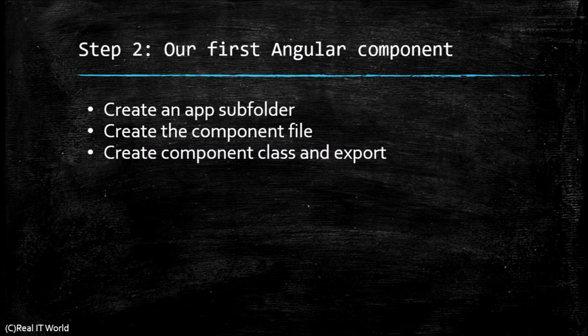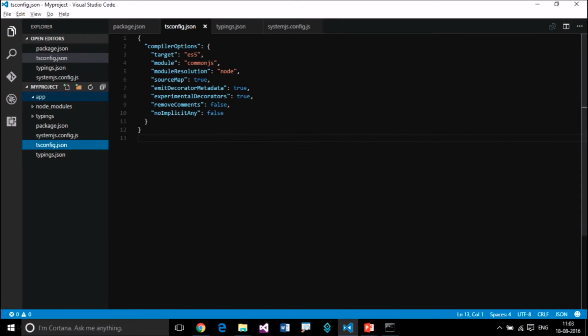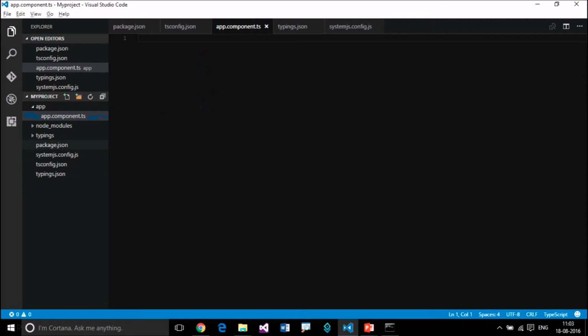In this directory, create the component file, app.component.ts, because we chose TypeScript to write JavaScript. So it's a TS file, app.component.ts.